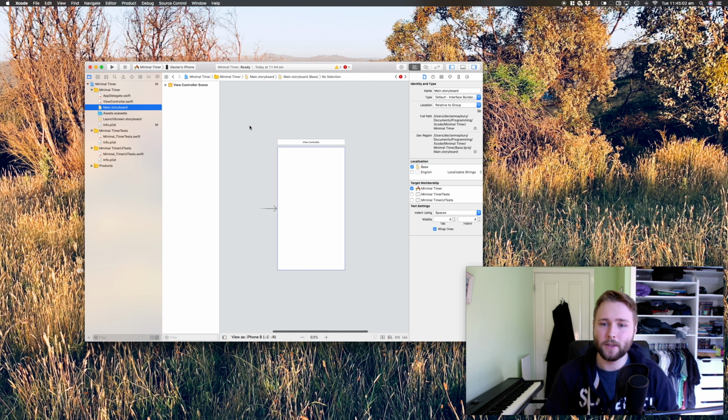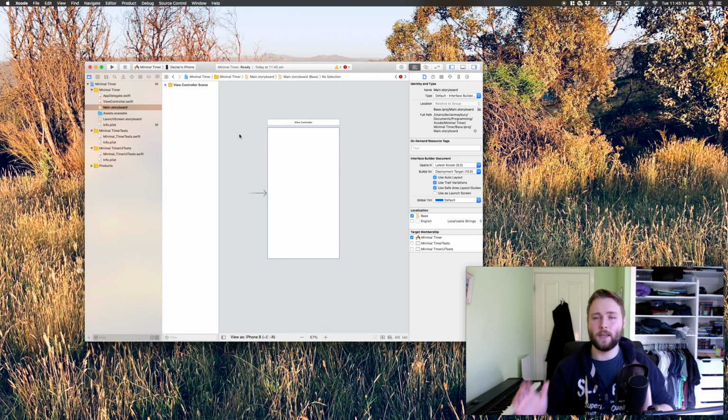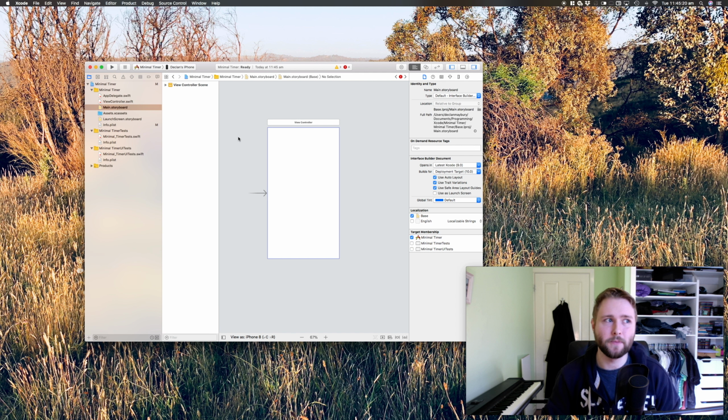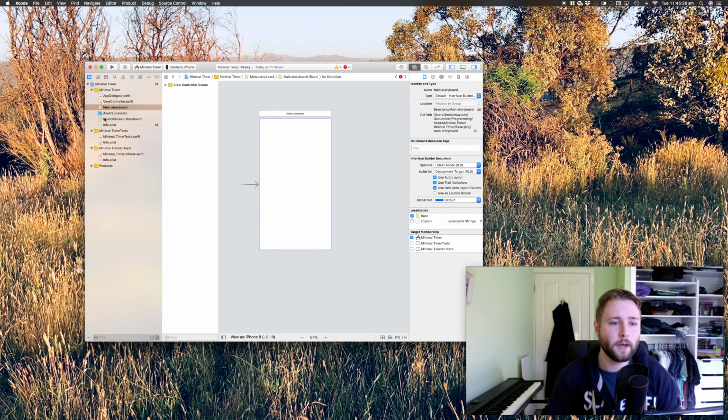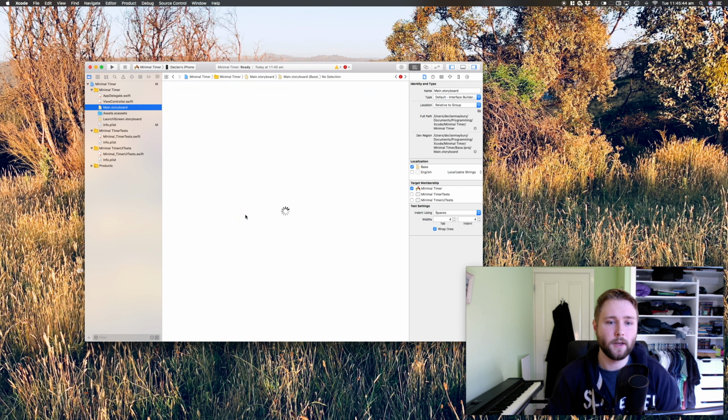But I don't know, I think it's a pretty powerful way to lay out an interface, especially if it's something pretty standard interface-wise, with just normal buttons and everything. It wouldn't be quite as easy for laying out a game, for example, because it can be completely different, especially a 3D game or something. But for an app with just standard buttons and titles, I think it works pretty well. So I'm going to use the storyboard, and then ViewController.swift, that's just a standard created thing that controls